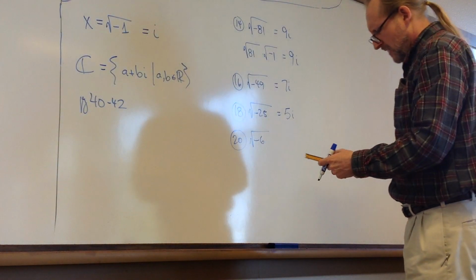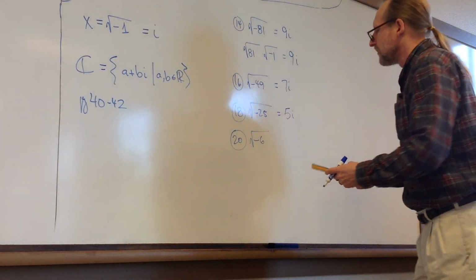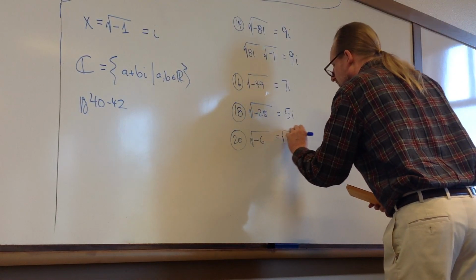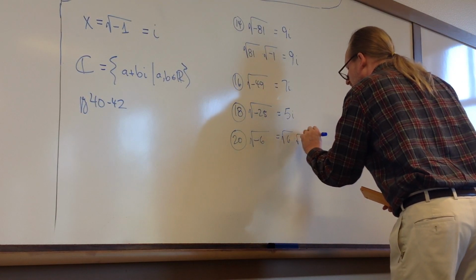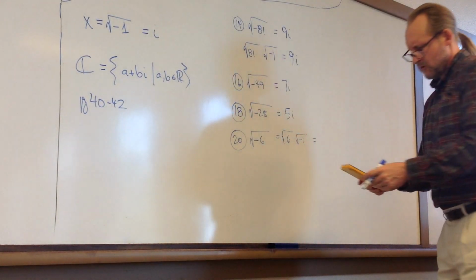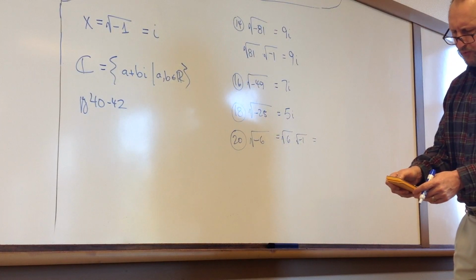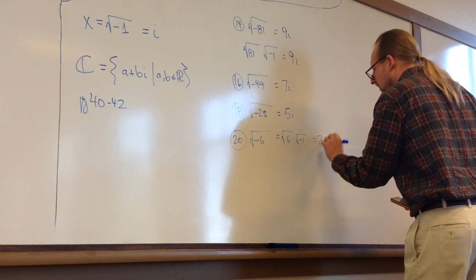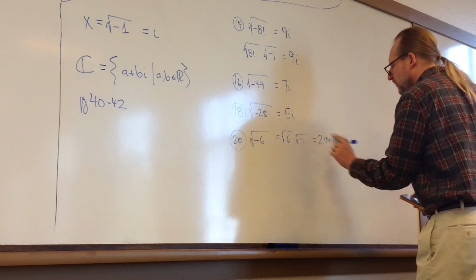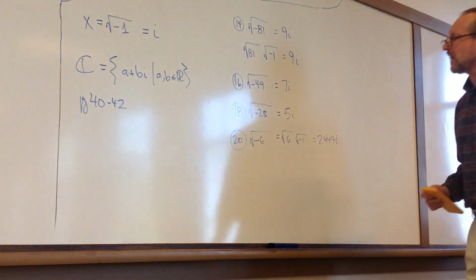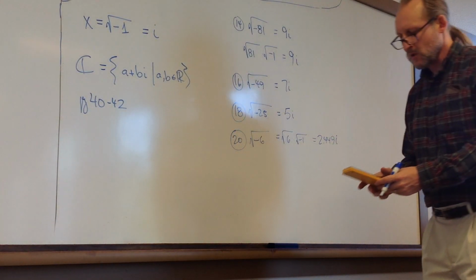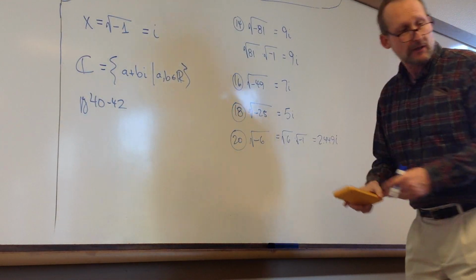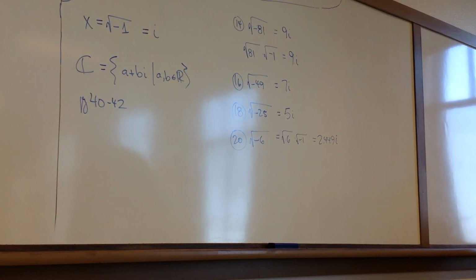So if we take our calculator and square root 6, right, because this is square root 6 times square root negative 1. So the square root of 6 is 2.449, and square root of negative 1 is i. Okay. Let's see here. Problem 22,